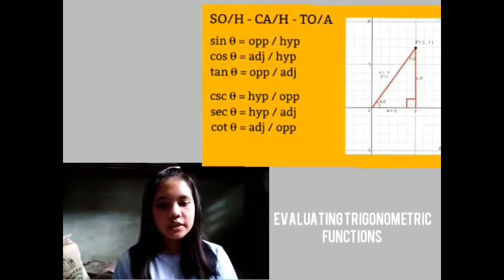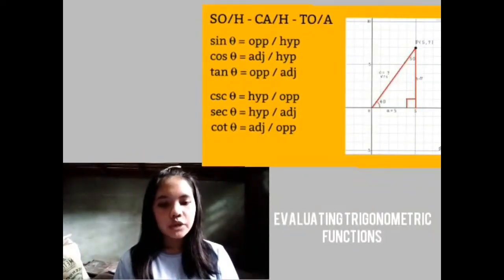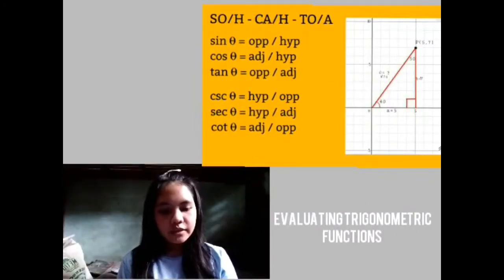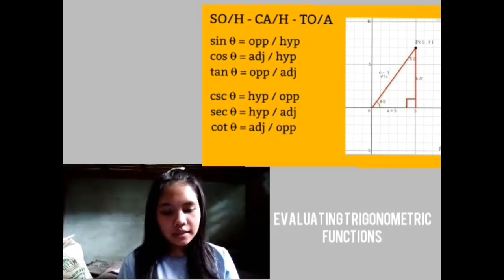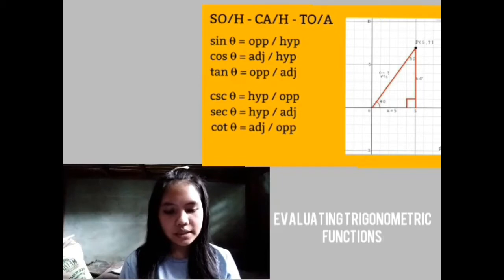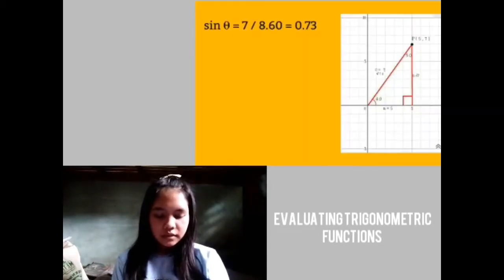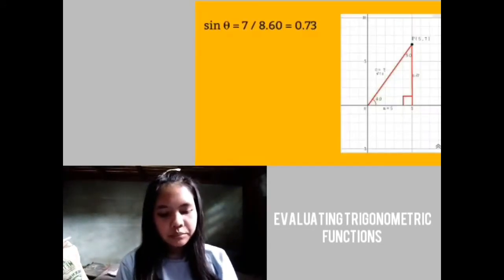To find the values of the trigonometric functions, we must remember the acronym SOHCAHTOA. Sine theta equals opposite over hypotenuse, cosine theta equals adjacent over hypotenuse, tangent theta equals opposite over adjacent. In finding the reciprocals, we just change the position of the sides. Cosecant theta equals hypotenuse over opposite, secant theta equals hypotenuse over adjacent, and cotangent theta equals adjacent over opposite. To solve for sine theta equals 7 over 8.60 is equal to